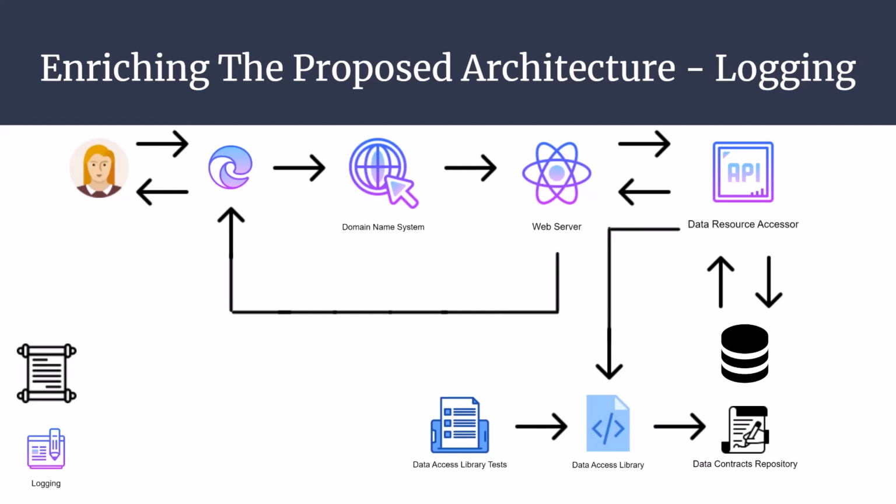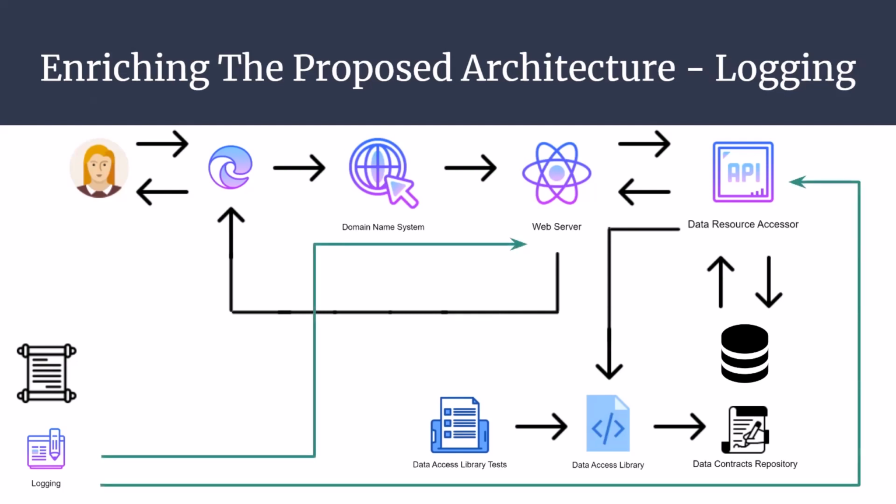From my last statement arises the answer to where we should place logs in our API-based data access system. For error logging, it's important to log the behavior of both the web server and the data resource accessor. For behavioral aspects of these entities, for example, initialization, configuration loading, connection to dependencies such as the distributed cache, again, we need to add relevant logs to both the web server and the data resource accessor.